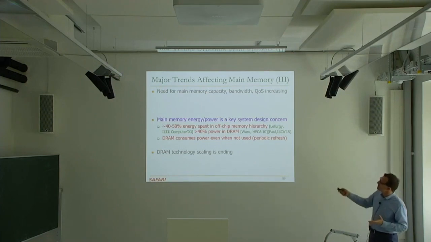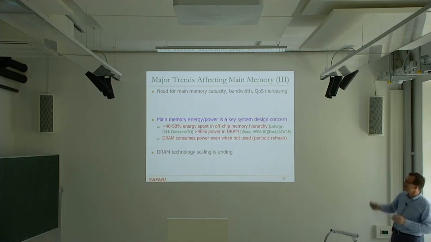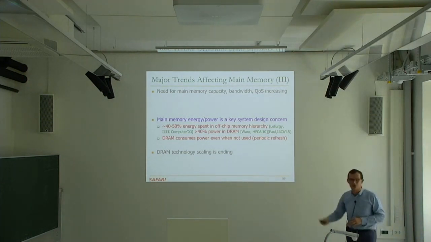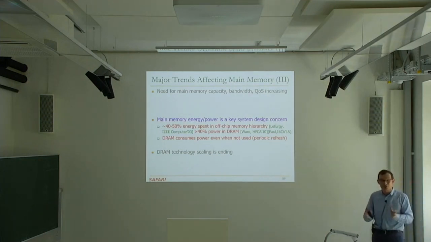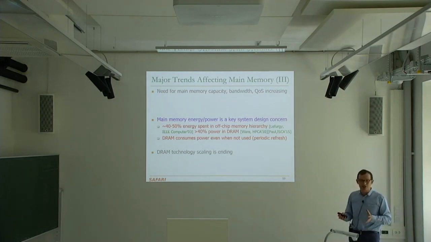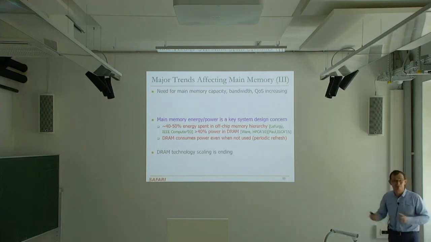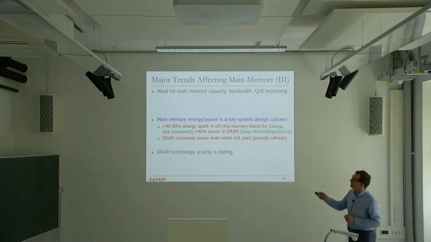This is true for GPUs. It's another paper that I reference. Again, you can search for the author's name and ISCA, GPU, and you will see that in GPUs, that's also true. More than 40% of the power is in DRAM. And this is increasing. And GPUs have very small DRAM, actually. And they're actually some of the biggest computationally complex machines, right? They have a lot of computational power. Even then, more than 40% of the power is in memory, with small memories in GPUs. Okay, so this is a problem, basically.